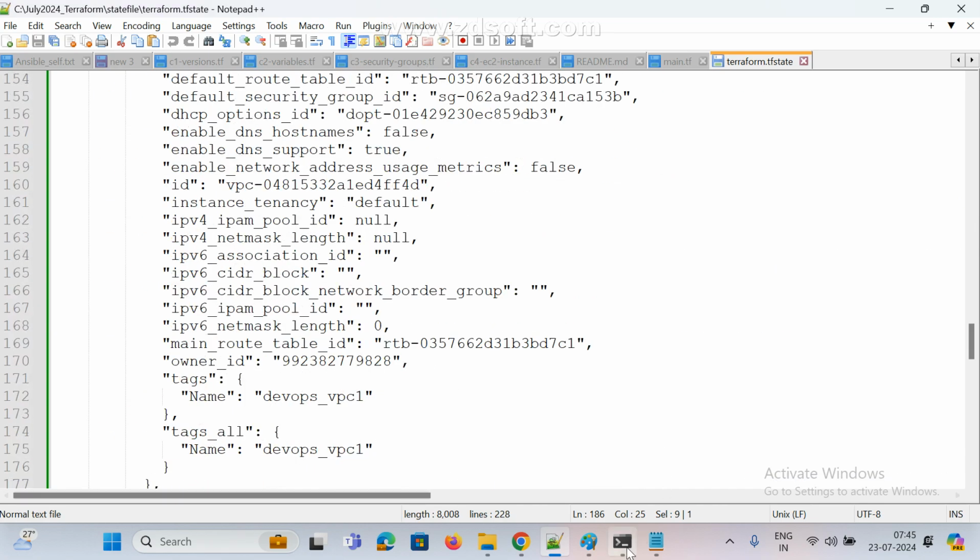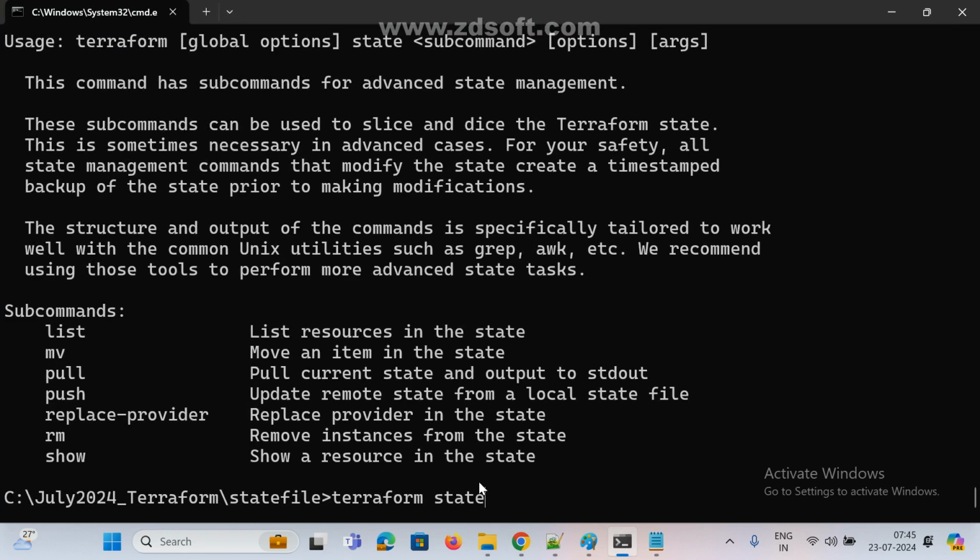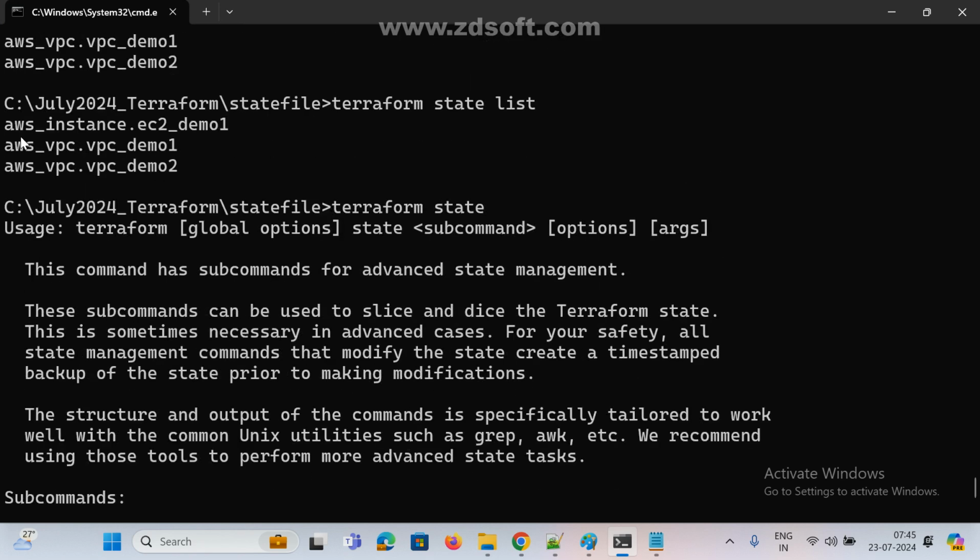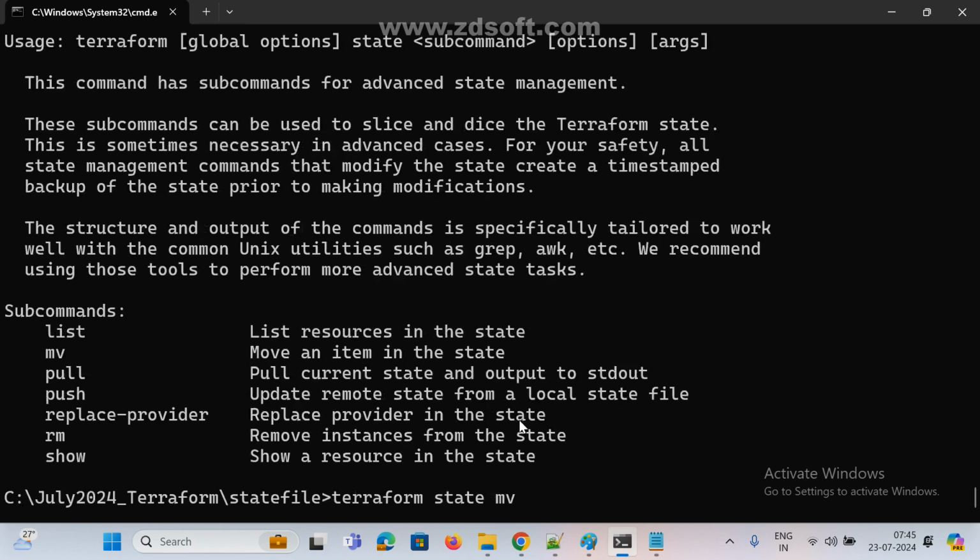Yes, sir. Now I'm going to do the same, the move command: terraform state mv. First, I need the existing resource. I am copying this one, any one, that is your wish. I am copying the existing one and we need to replace it with a new one.